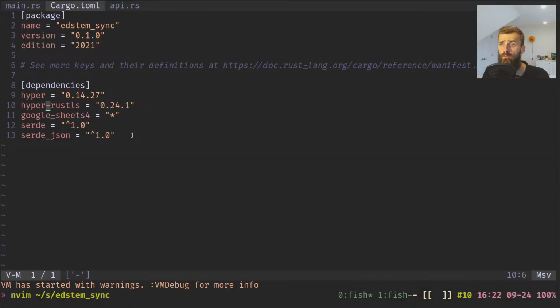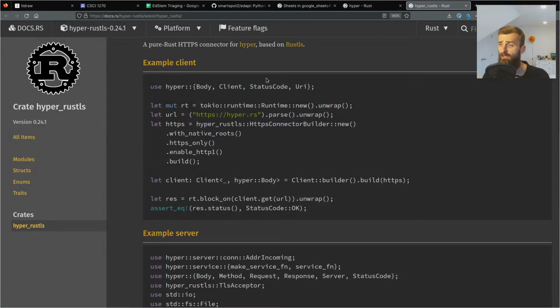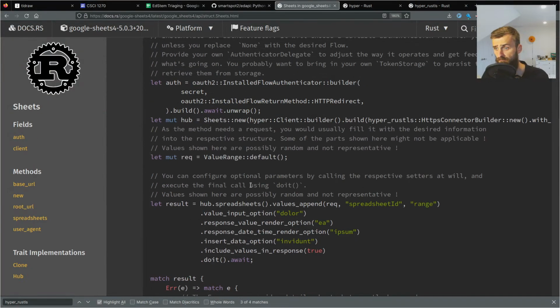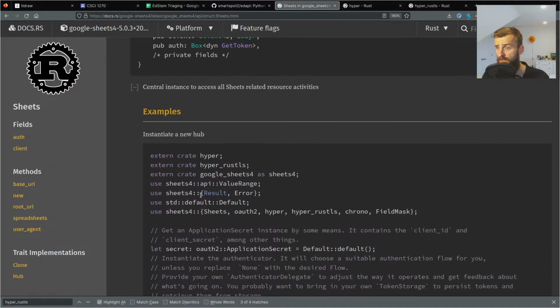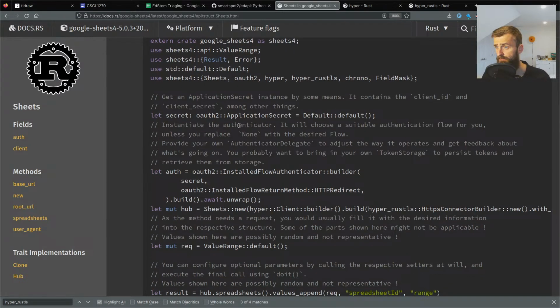So I've added that there. If I reload, okay, so it's not giving me an error here anymore because I have hyperrust_ls, and I can run all of these things. I can set up that hyperclient, but I do not have an auth. This auth in the example here is, okay, so this is where I'm going to go back to the sheets.new,